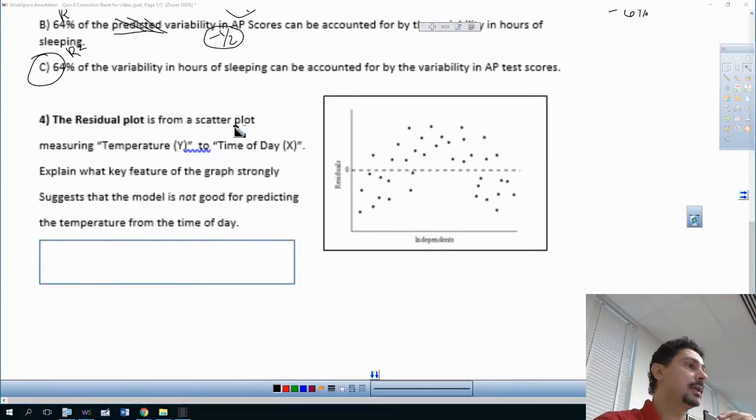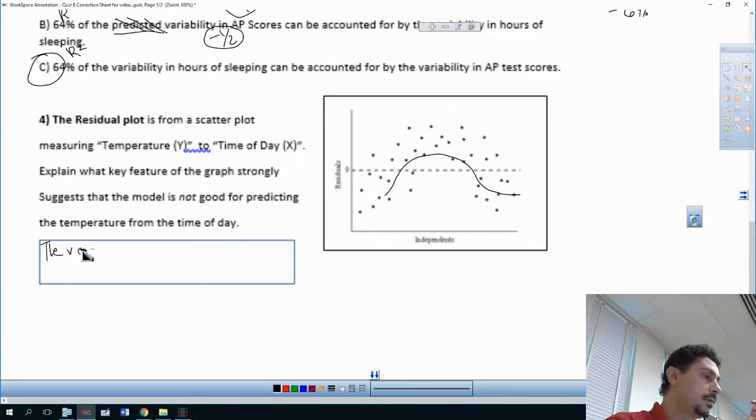The residual plot is from a scatter plot measuring temperature, which is the Y, to time of day, which is the X. Explain what key feature of the graph strongly suggests that the model is not good for predicting the temperature from the time of day. You could flat out have drawn a curve in there and say the residual plot